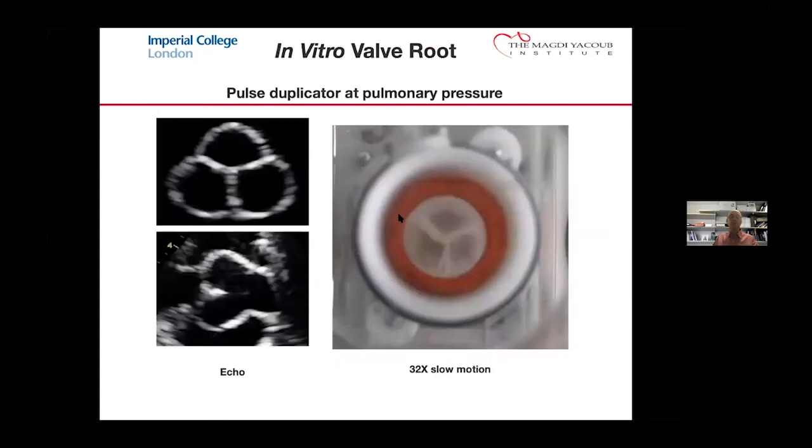Well, I took this slide from a colleague of mine, and it did have a movie that played, but it doesn't want to play on my computer. That showed a slow motion opening of the valve. And then here we have some echo images taken of the valve while in our bioreactor. You can see the nice shape we have of the valve in a transverse and a longitudinal image.